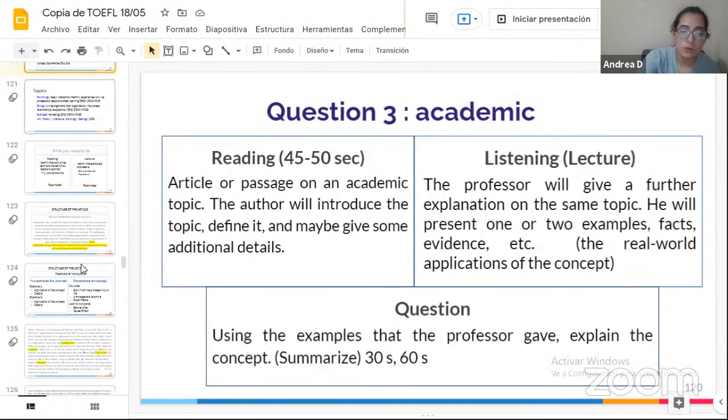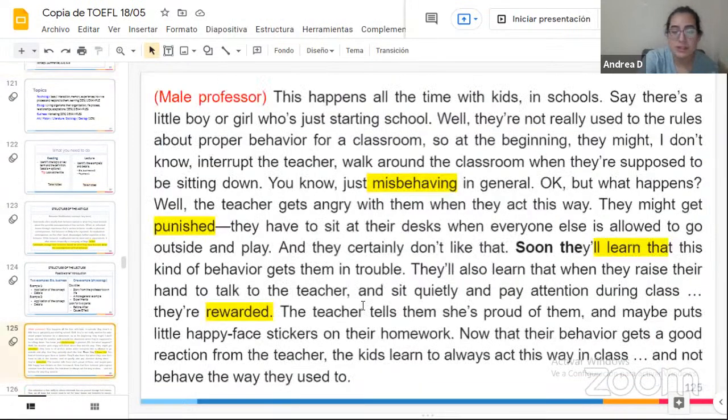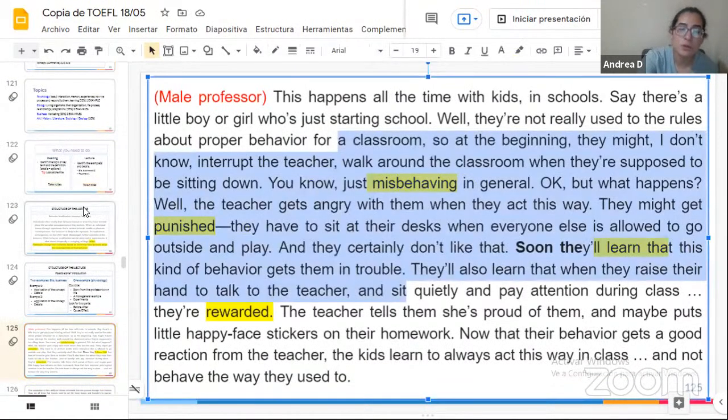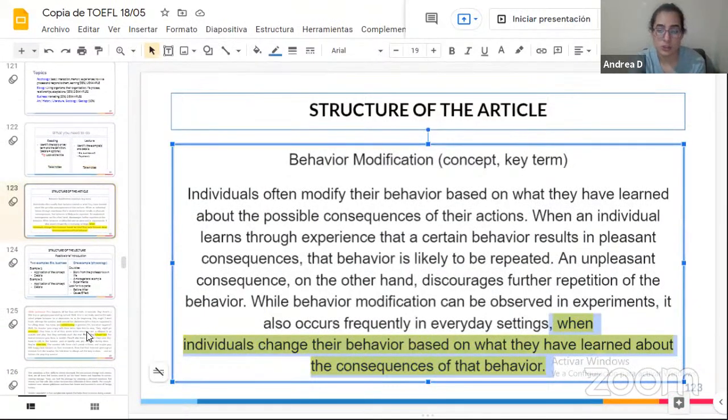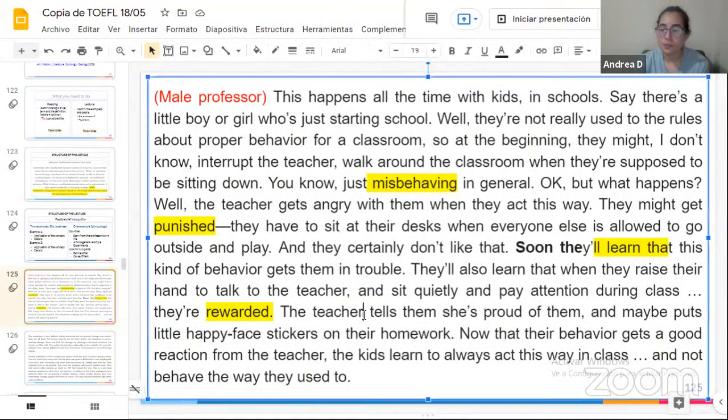So you need to do what they say. You need to use this example to illustrate or explain this. So you've got to make connections. You've got to tell me something like, as the passage says, kids learn through experience, and kids learn based on the consequences of their behavior. So I'm making those connections there, and that's really what you have to do in your response.